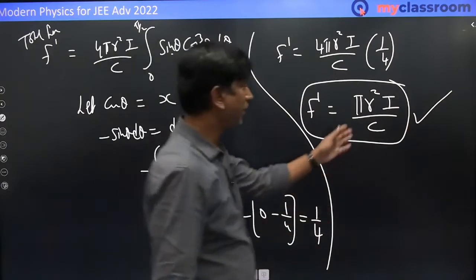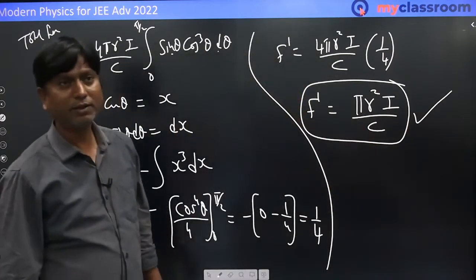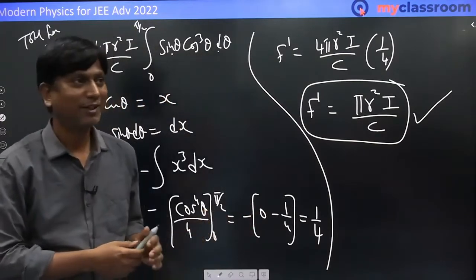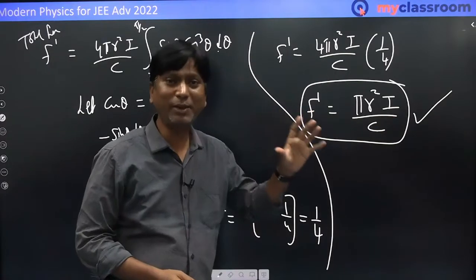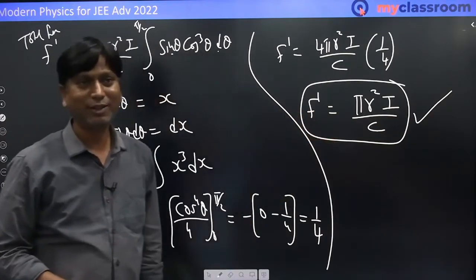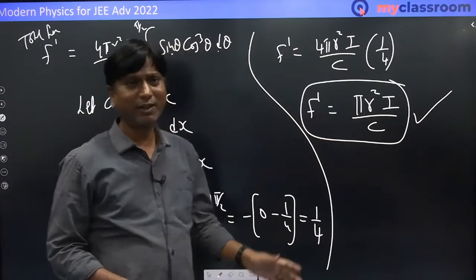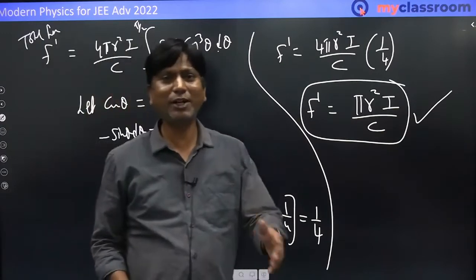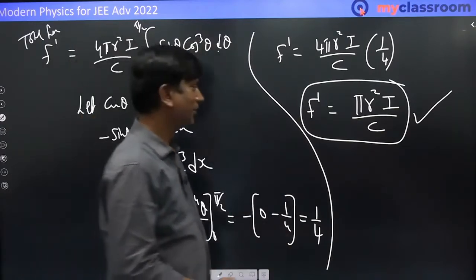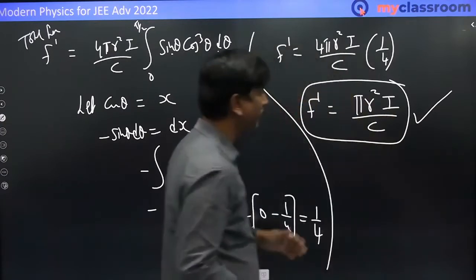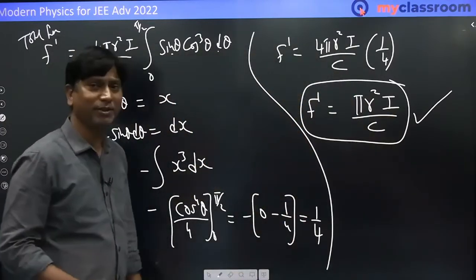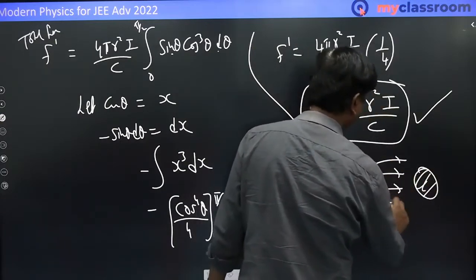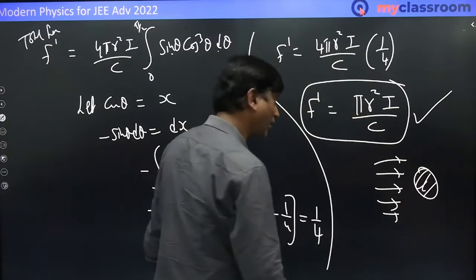Okay. It's becoming πr²I by c. All right, so this is exactly in tune with the force exerted by the electromagnetic radiation when it is perfectly absorbing. Of course, here it was reflecting in a different direction, but maybe you might have got the same. But that doesn't mean that it holds when it is reflecting and absorbing for all the cases, right? This is for perfectly reflecting, and you are getting πr²I by c, and even when the sphere is there, as I told you initially, and it is perfectly absorbing also, you are